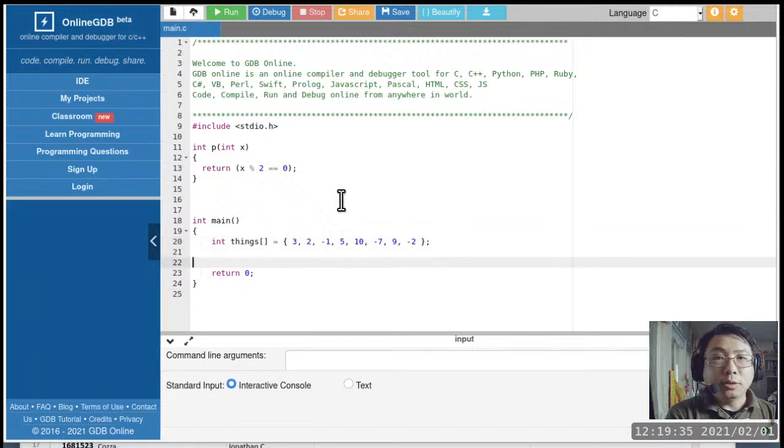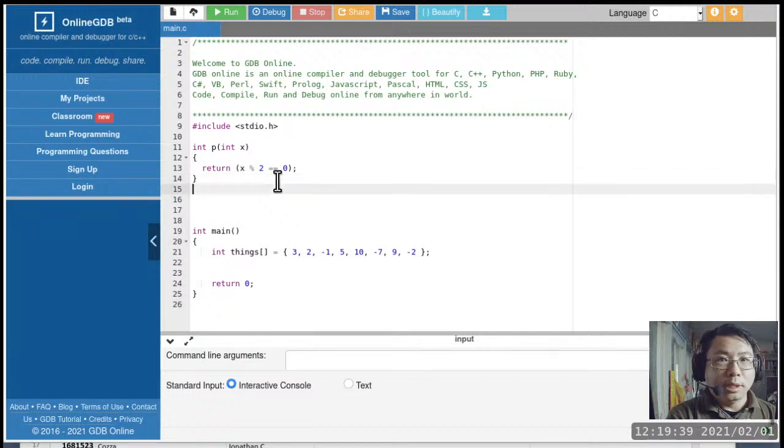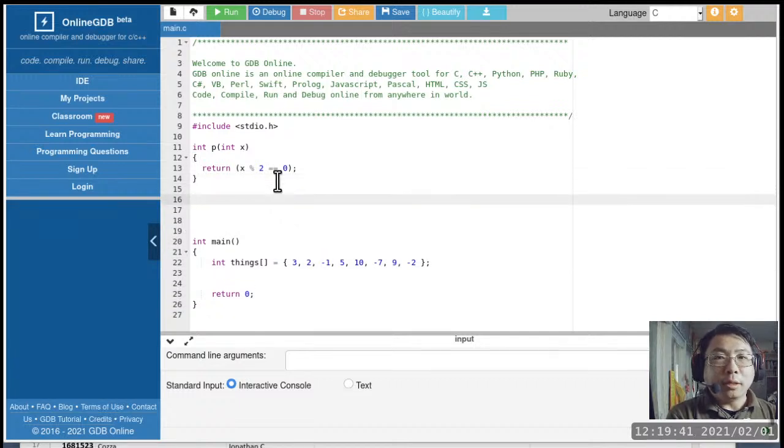So now I want to define the for all and also there exists. The for all by itself returns a boolean, either true or false. So it returns an int because it's a C program, where there's no actual boolean type. But what do we need to pass to for all?